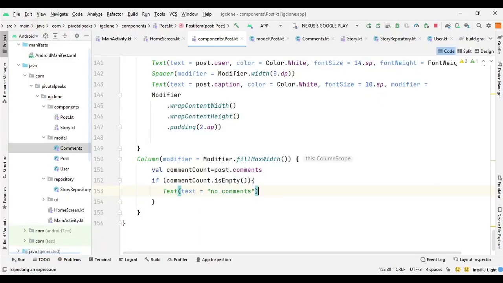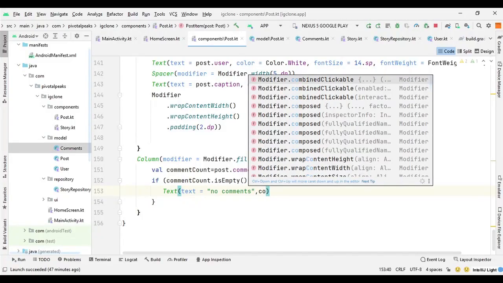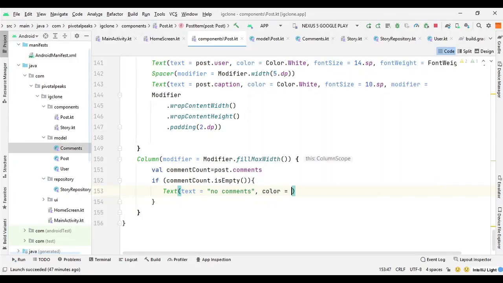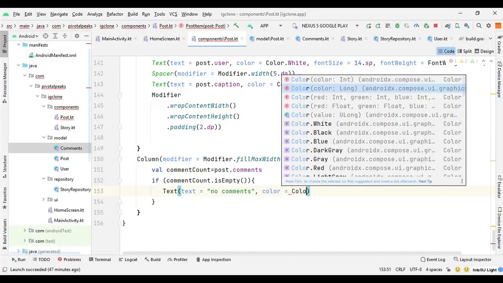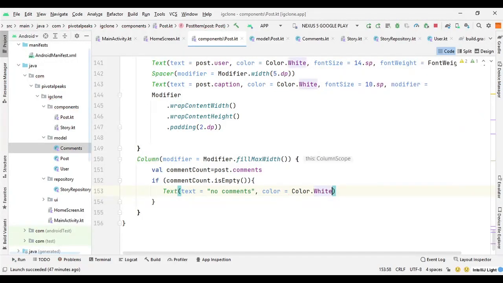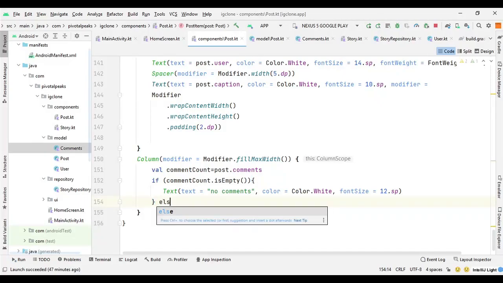Let's say no comments, and let's give it a color, color dot white, and font size 12.sp, and after that we can say else if,